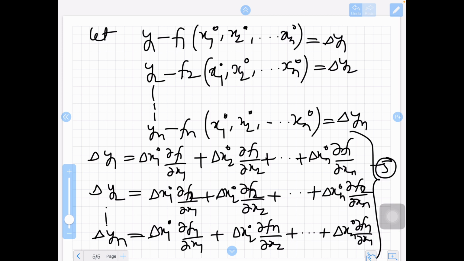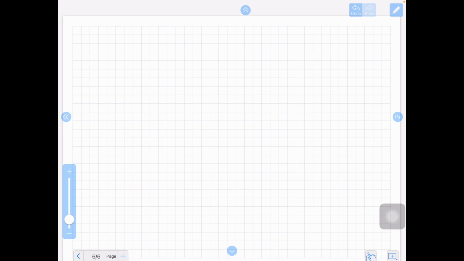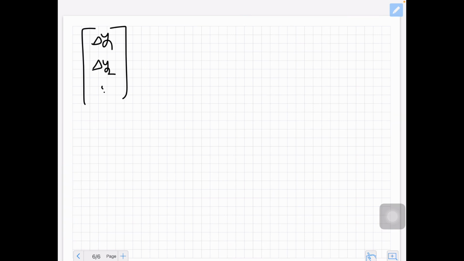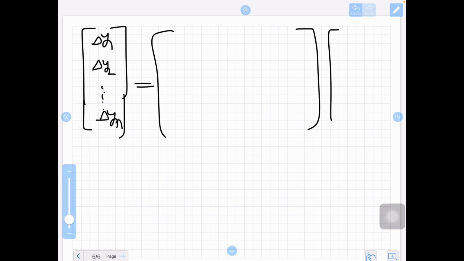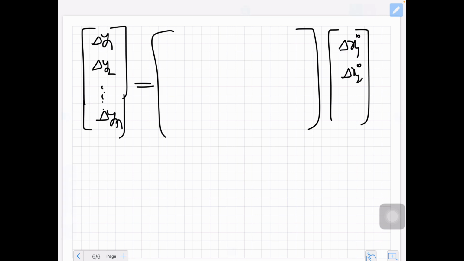So this equation number 5 we can write in the matrix form. That means in the LHS we have delta y1, delta y2, etc. up to delta yn, that is LHS. Then we have RHS 2 matrix. So the last column matrix is delta x1 naught, delta x2 naught,